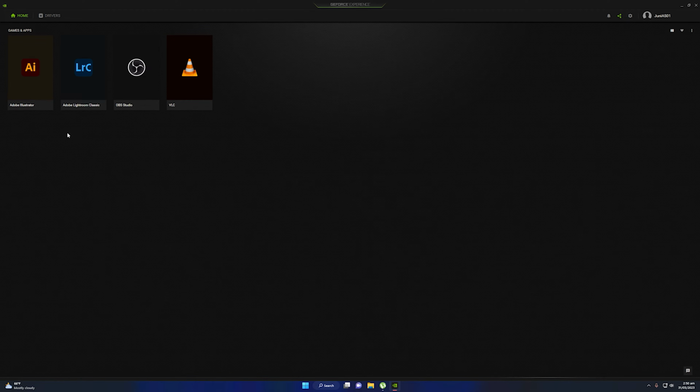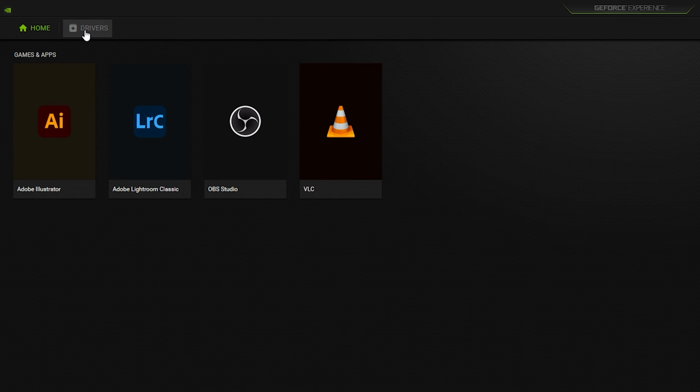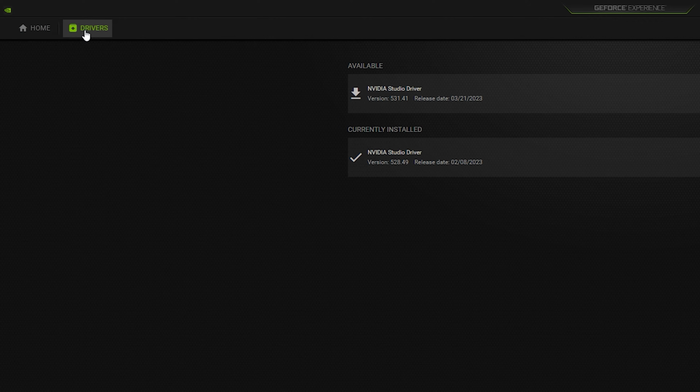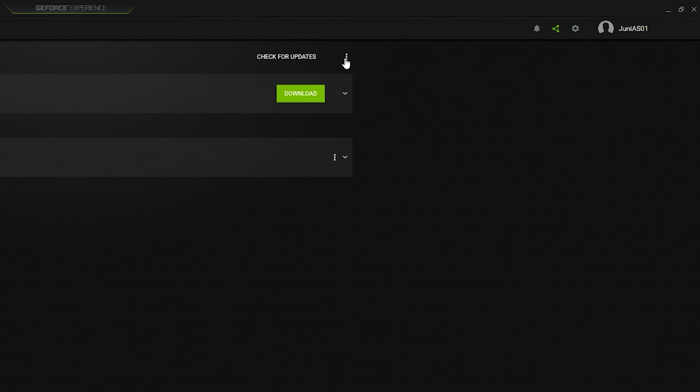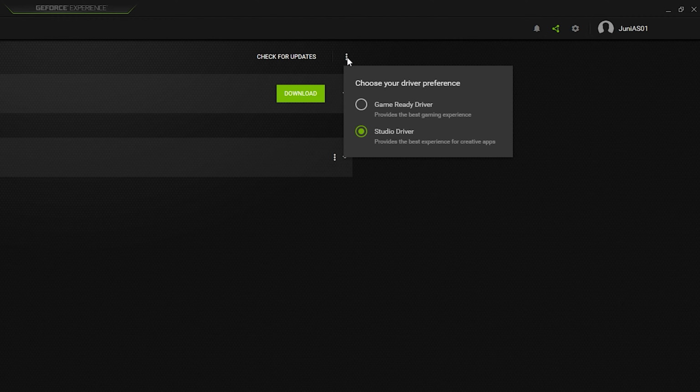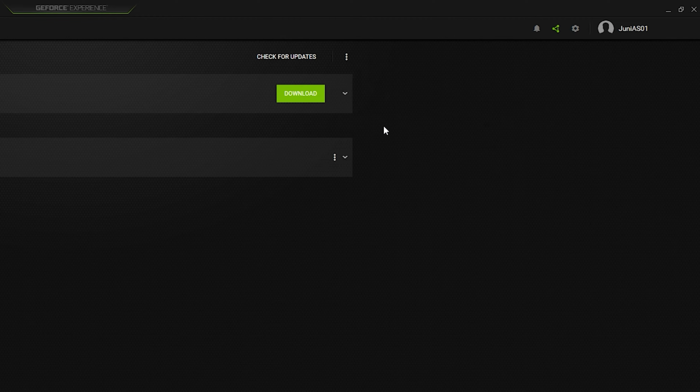Once you are right inside the NVIDIA GeForce Experience, you need to navigate to drivers. Once you are right inside the drivers, you need to find these three vertical dots. Once you do so, you need to click on this and make sure you have two options here. Our concern is with the Studio driver because it provides the best experience for the creative apps, which includes Adobe Photoshop, Illustrator, all these applications, and including the Blender too. You need to select the Studio driver and make sure you have the latest version of the NVIDIA Studio driver